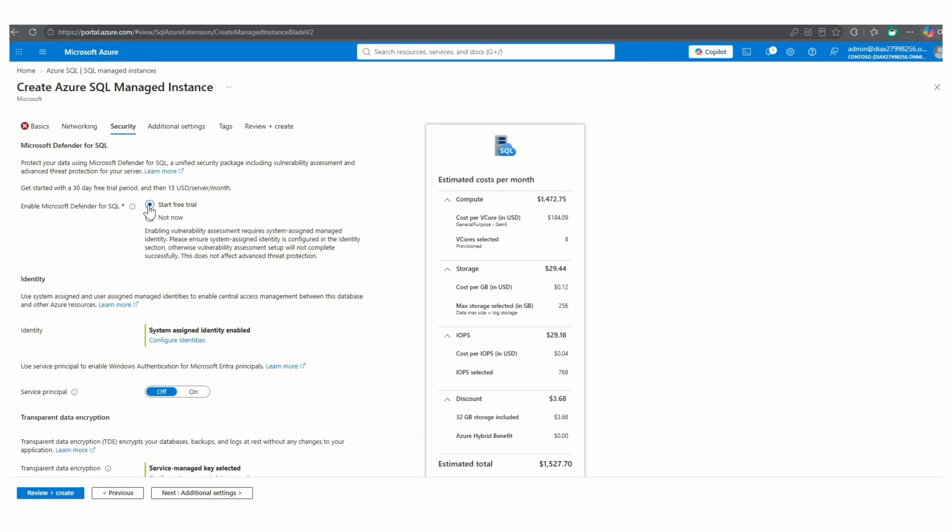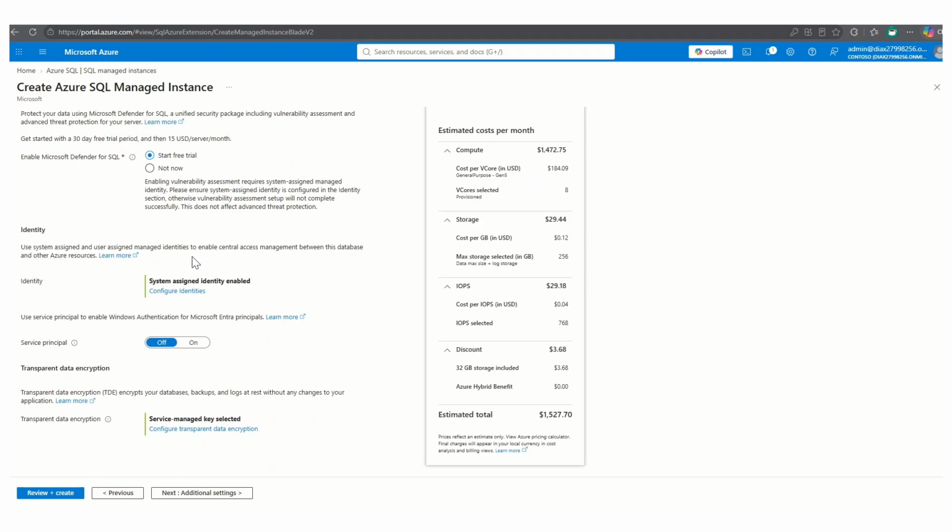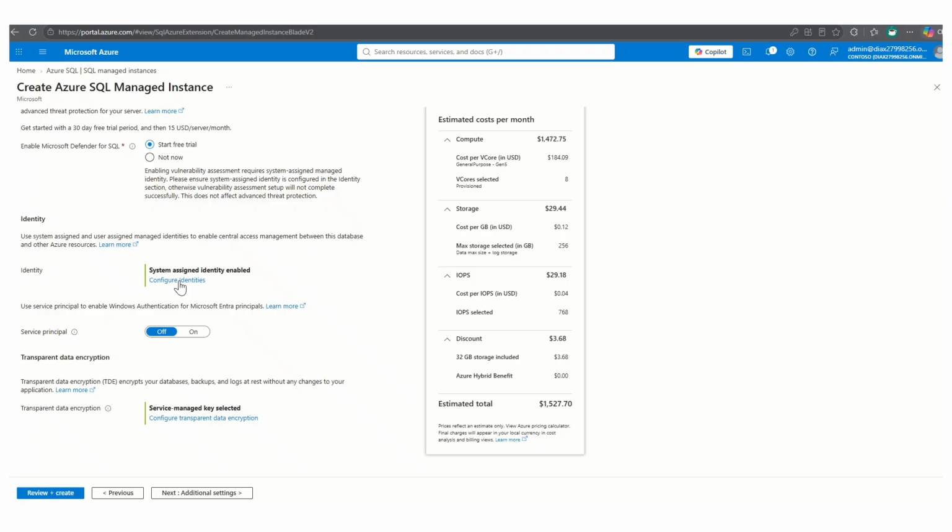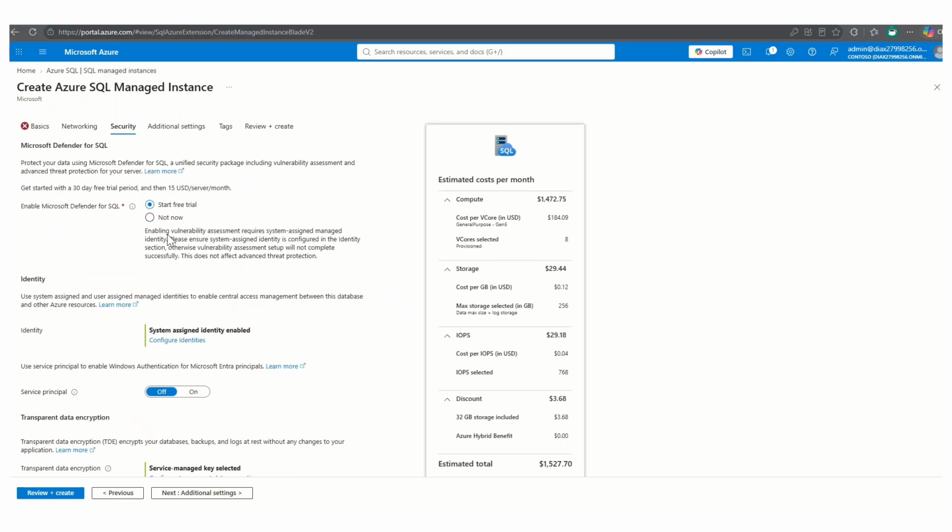Oh, you could start a free trial if you wanted to. Here you would configure the identity. The default is the system assigned managed identity, and service principal if you wanted to. Yeah, so you configure some stuff at creation time, looking at the compute depending